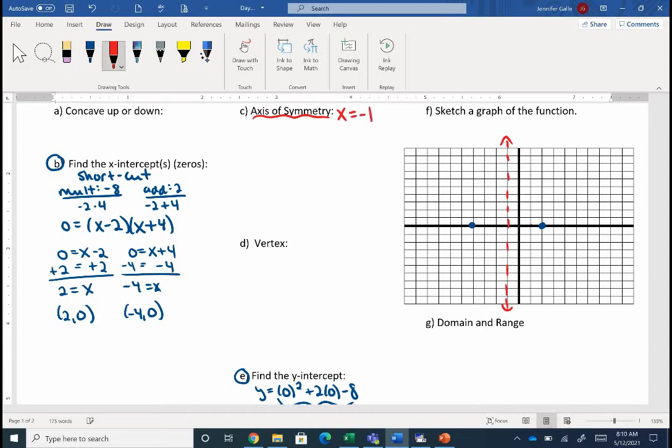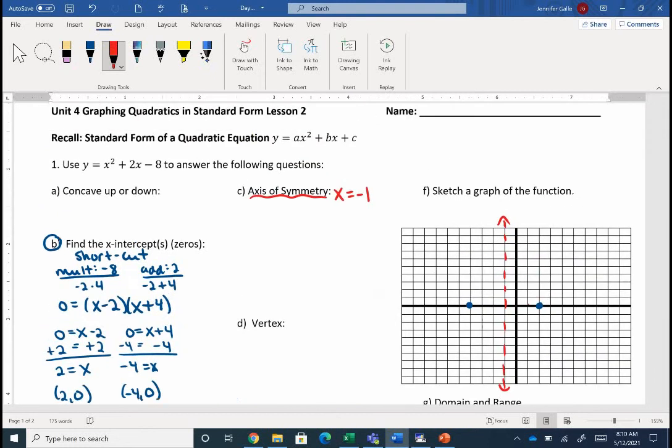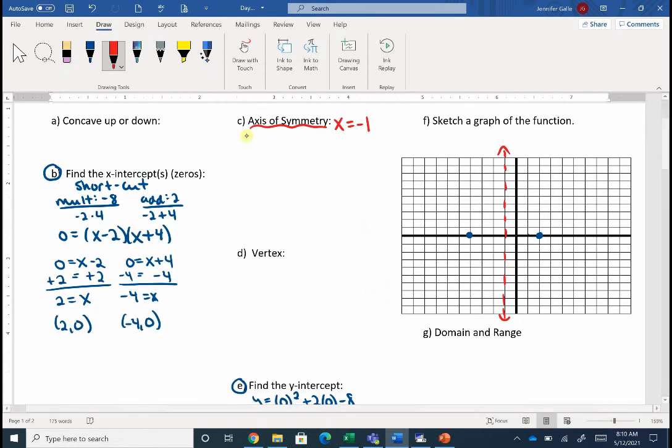You can count it on your graph, but like we saw yesterday and even the day before, sometimes our x-intercepts are not integers. We were getting some fraction x-intercepts, so I don't know if it's always going to be best to count. So if I want to find the middle, here's a really quick, easy way to do that. Add your x-intercepts together and divide by 2. If you want to find that middle really quickly, and you don't want to have to graph it or count it,